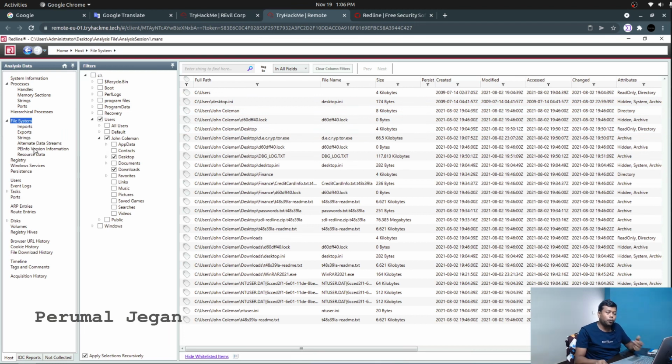We can choose the particular folder and view the list of files, and also the details: imports, exports, strings, PE file info, portable executable file info. We can see such information by clicking the specific file. The sidebar will open on the right side, so you will be able to see the details about that file.